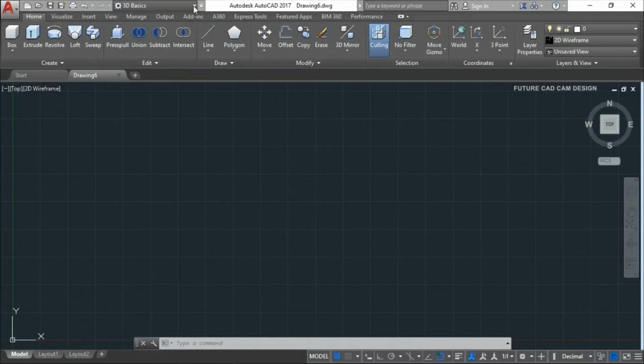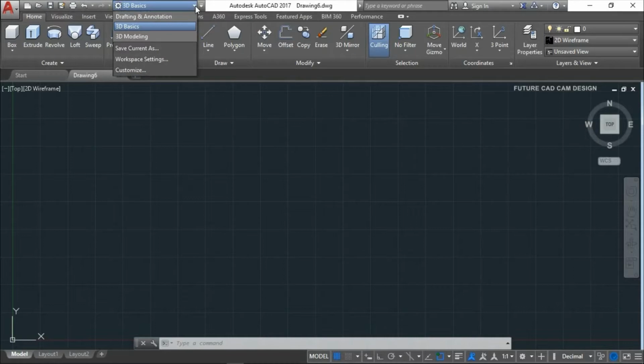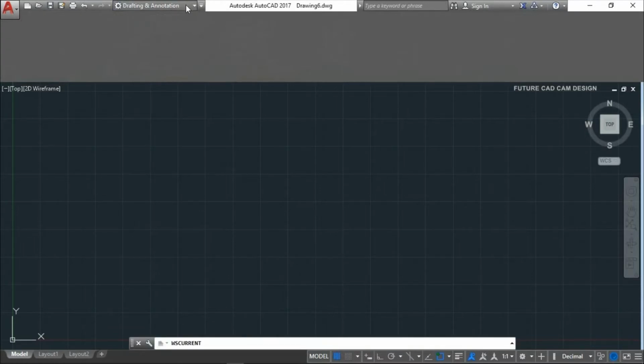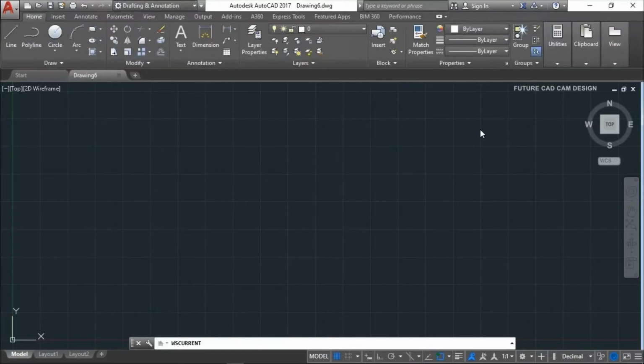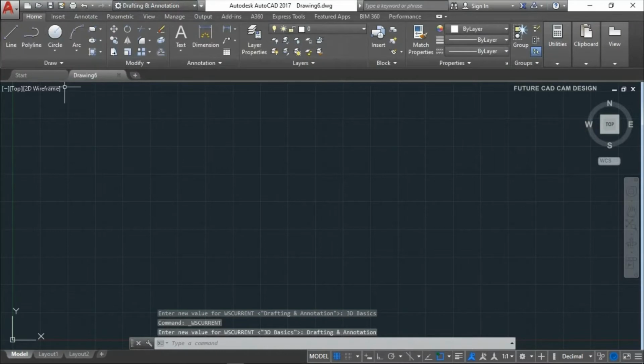So I am switching to Drafting and Annotation. Once you click this, the tools related to 2D drawing will open here at the top side. So these are the 2D tools.